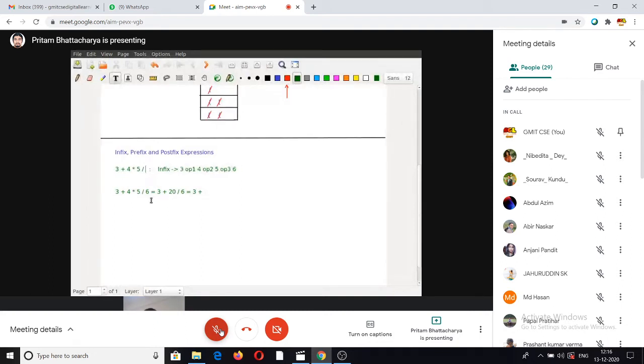Okay, let me change this a bit just for easier computation. So 3 plus 20 by 10, which is 2. And finally 5. Right. Now just think of it in terms of an algorithm. For you, for this kind of small expressions, it's relatively easy to quickly spot.